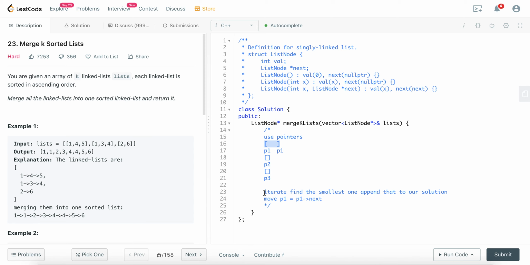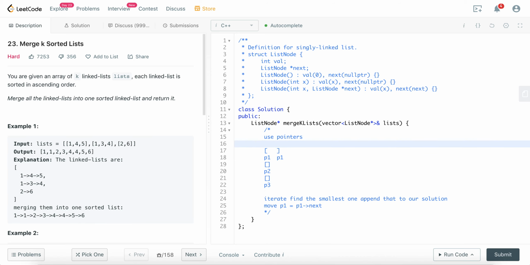So now the problem has been reduced to how can we find the smallest one among those k linked lists. A natural answer is to use a priority queue, because a priority queue, a min heap, can give us the minimum in log k time. Then if we can maintain this and know how to move the pointers, the total complexity would be n times log k,